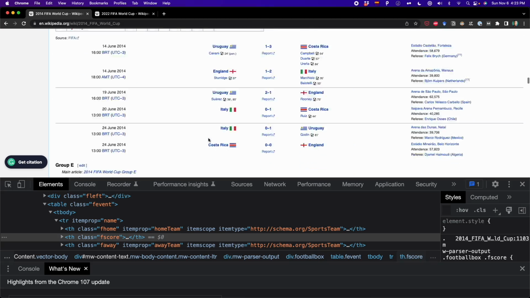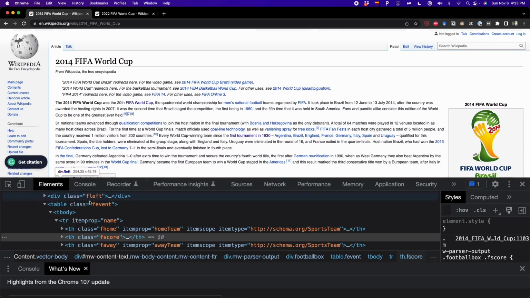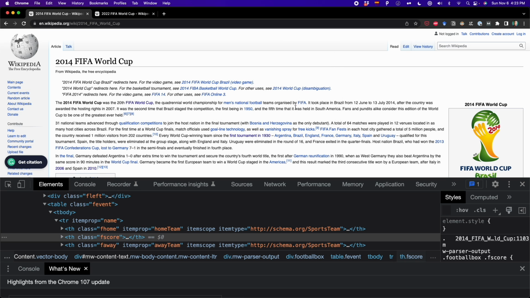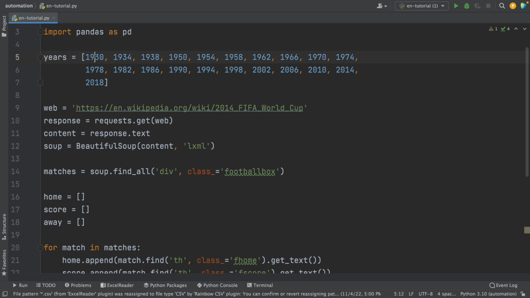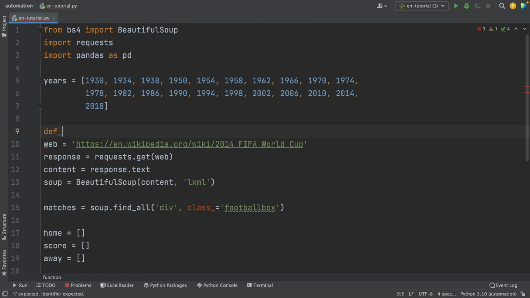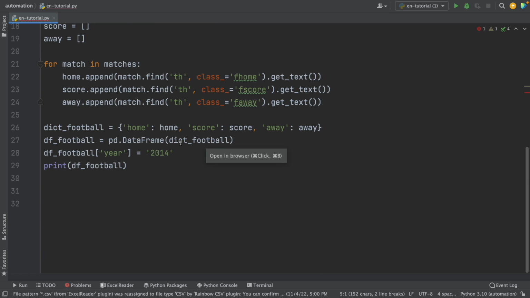But we only extracted one single World Cup, this 2014. But what we can also do is extract data from all the World Cups from 1930 to 2018. And then also we can extract the fixture of the 2022 World Cup. And to do this, I'm going to create a function. So what I'm going to do is first define a function which I'm going to name get_matches. And this is going to have as input the year. Because as you can see, the year is going to change. It's the only thing that changes. Then I'm going to put all of this